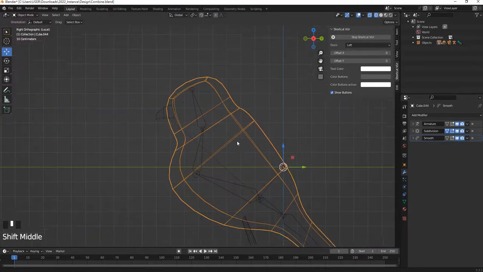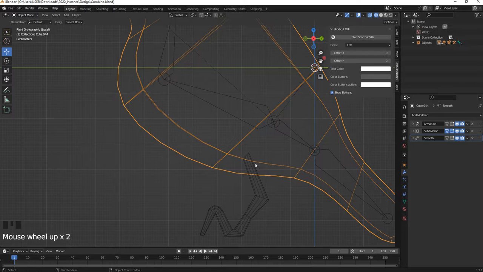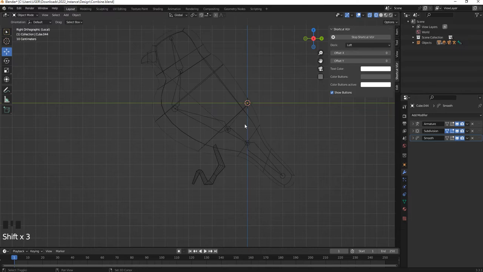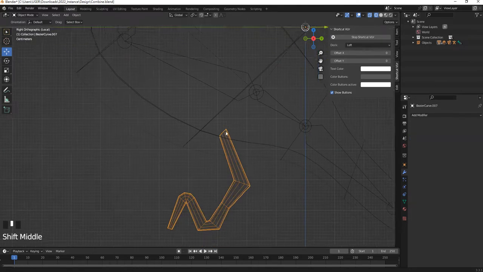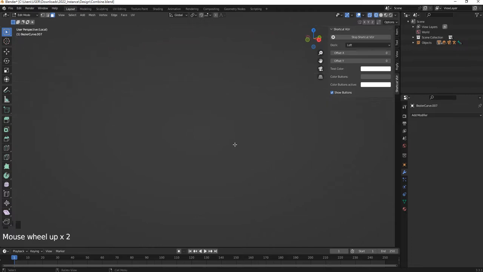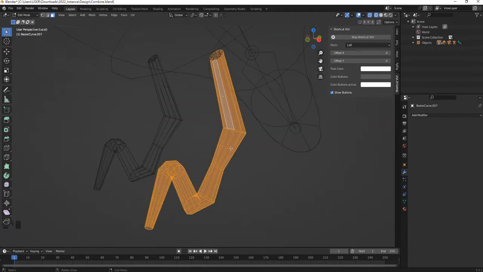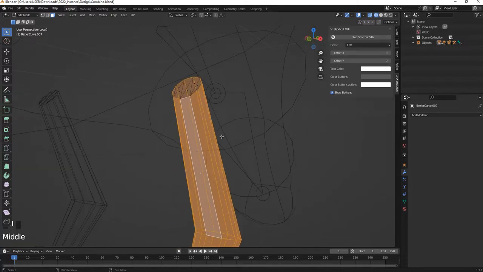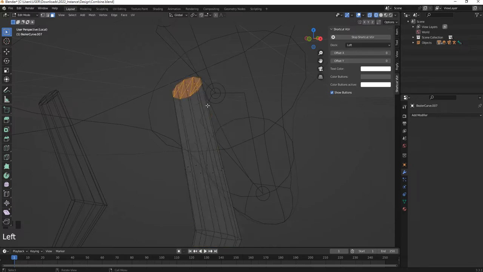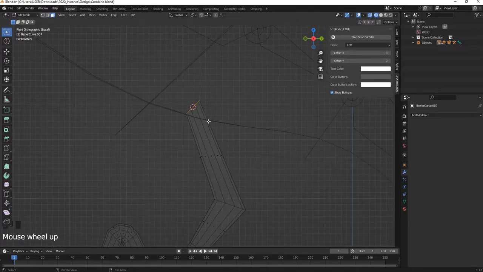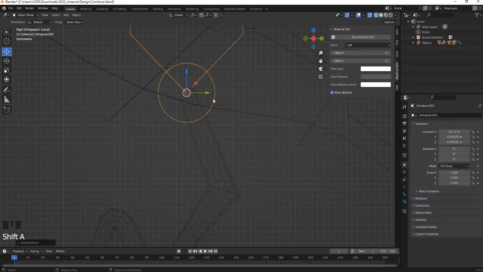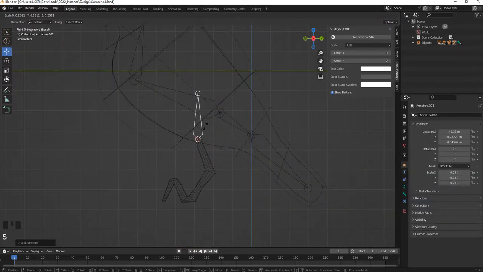Okay, so now let's try to do the bones for the leg. And it's very simple. Again, Shift A. We can move the cursor to here. So let's go to Tab key. And if you don't know where it is, press the dot on your small number pad, choose the face you have, and press Shift S cursor to selected right here. Okay, go to the side view and go to object mode, press Shift A and choose single bones right here, and press S for smaller,